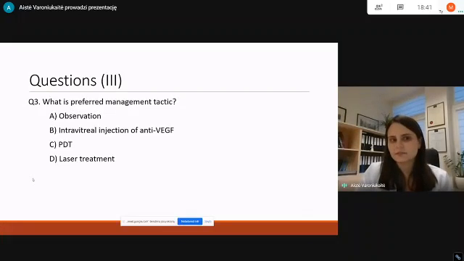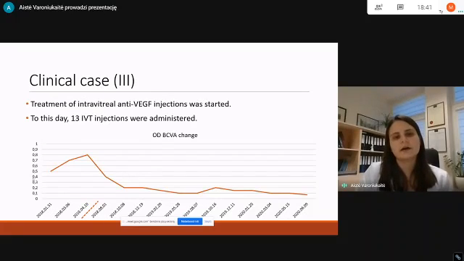So in this case, what is the preferred management tactic? Observation, intravitreal injections, photodynamic therapy, or laser treatment? Well, the answer is, of course, B. The treatment with intravitreal vascular endothelial growth factor injections was started, and up to this day, 13 intravitreal injections were administered. What is important is that after the first few injections, the patient's best corrected visual acuity increased from 0.5 to